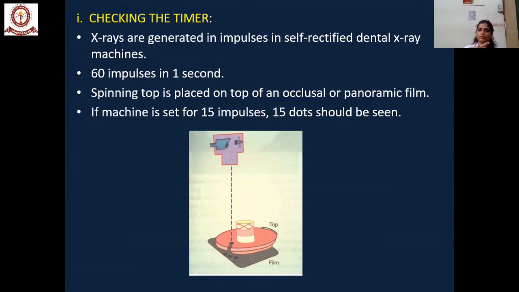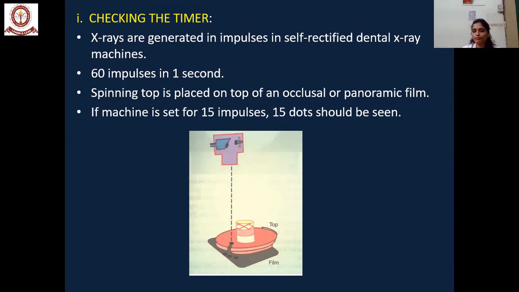You keep the film on the tabletop and rotate the spinning top over the film. You expose the X-ray through the spinning top, which has a hole in the top area. According to the timer, it gives impulses on the film.